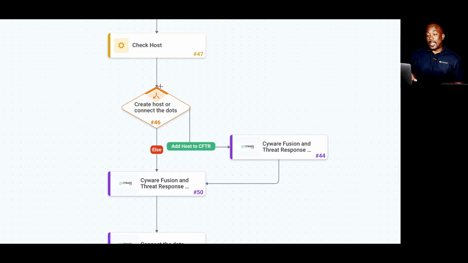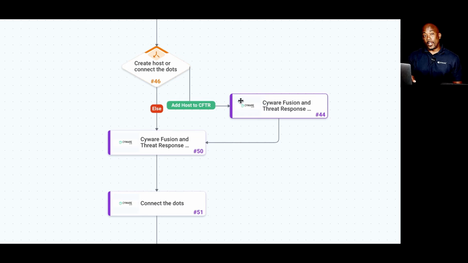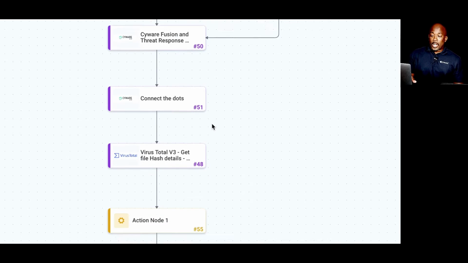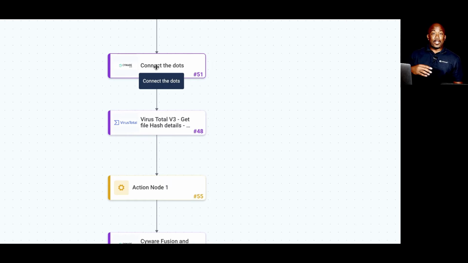So with that being the case, we want to make sure that we're not creating duplicate hosts. So if we identify a host, we'll go ahead and just update it. If we don't identify a host, we'll create it using these workflows. After doing so, we'll connect any necessary dots, which is a concept that is really popular and prevalent within that